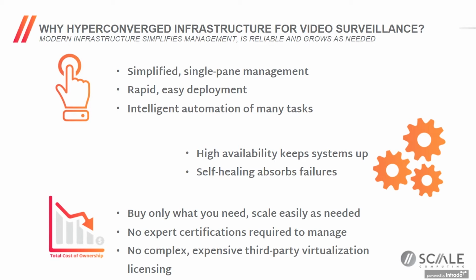You can buy what you need. You can add on the specific resources that you need when you need it. And this is kind of one of the myths of Hyperconverged, that you've got to scale out everything together. If I just need more storage capacity, I've got to buy a node with compute. And while that's somewhat true, I mean, all these nodes have some level of compute in them because they're of the Hyperconverged architecture. We in HD3 and most other systems do provide the ability to just do very storage heavy